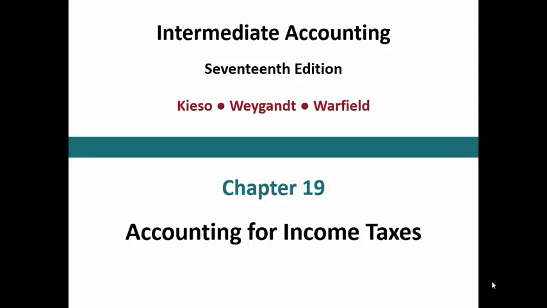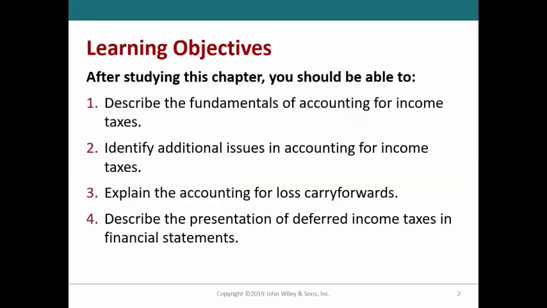This is a presentation of Chapter 19, Accounting for Income Taxes. In this chapter, we are going to discuss first how to record differences between pre-tax financial income for financial reporting purposes and taxable income per the income tax return. This will include both temporary differences as well as permanent differences, and the need for valuation allowances for deferred tax assets. We will conclude by discussing the accounting for net operating losses and presentation of deferred income taxes in the